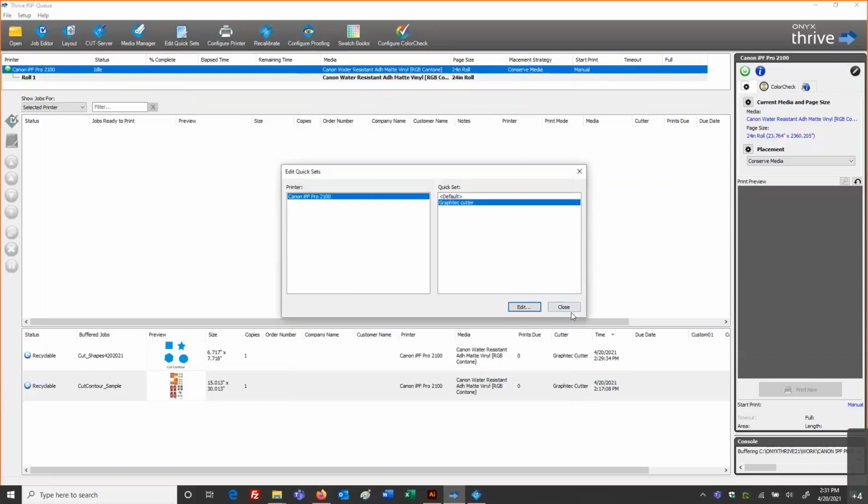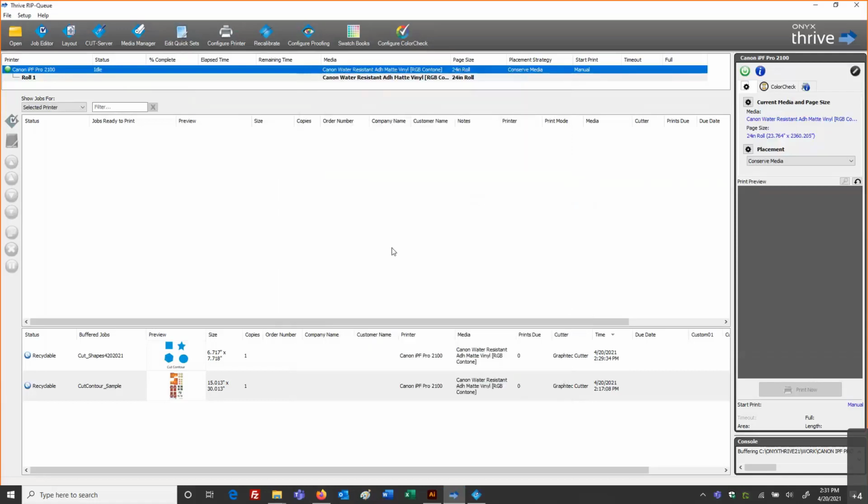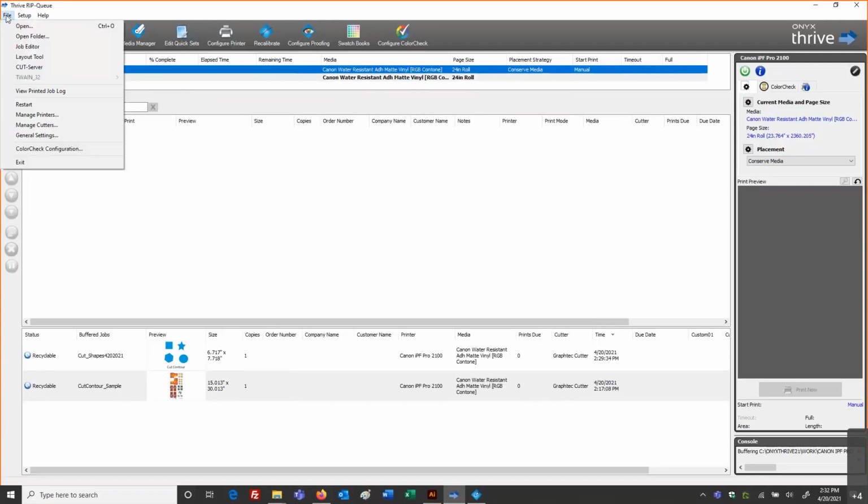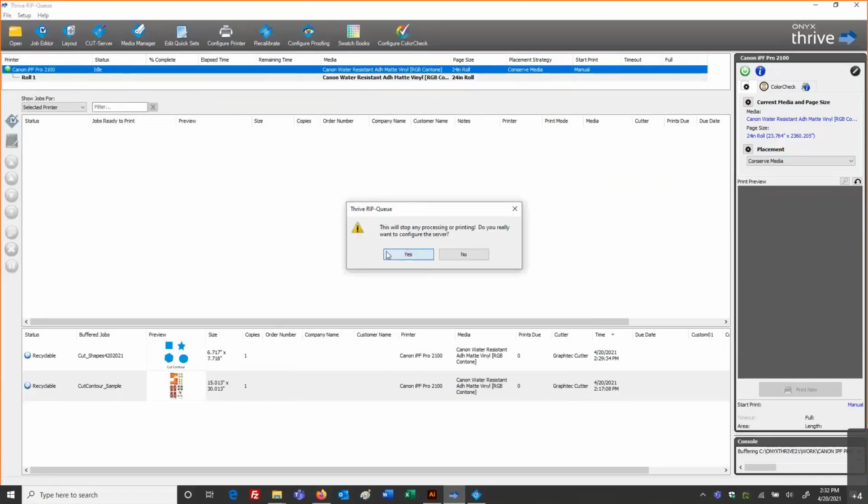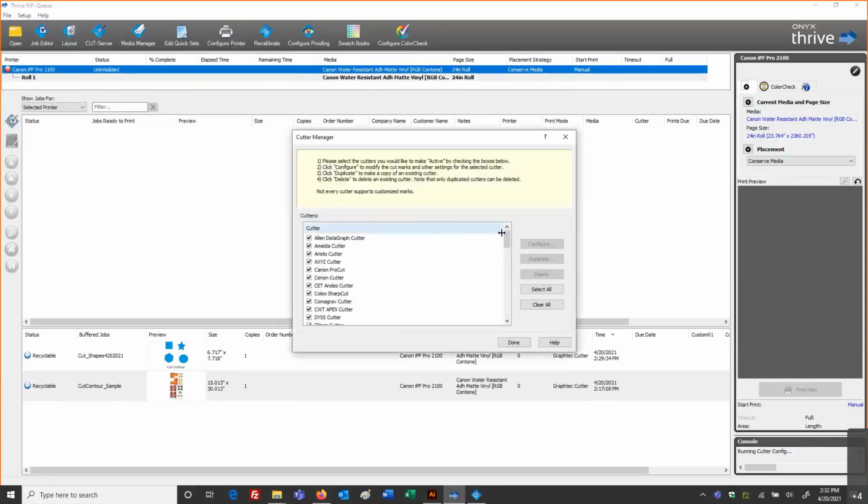One more area I want to point out to you, controls and settings that we have. Under File, we have Manage Cutters. In the Manage Cutters menu, if I scroll to my choice for Graphtec, I can configure and have some degree of settings and controls to adjust.